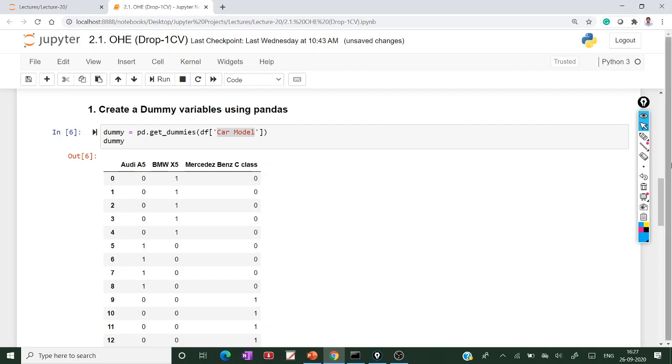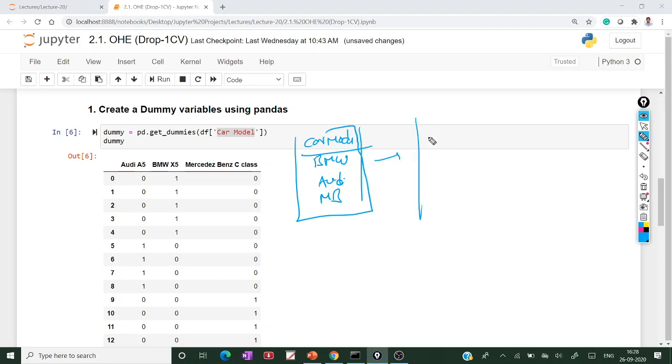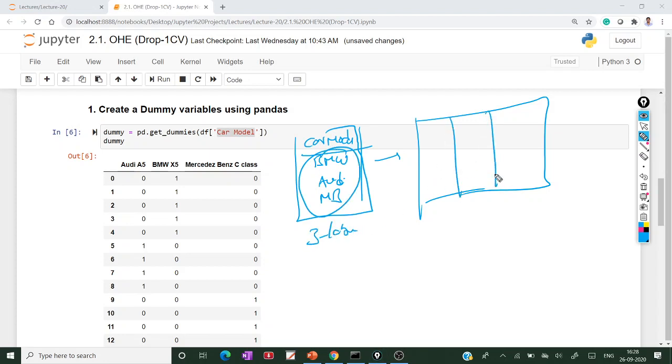So under car model, we have BMW, Audi and Mercedes-Benz. This data will be turned into dummy variables. How many unique labels are there? 3 labels, so 3 columns: Audi, BMW, Mercedes-Benz.